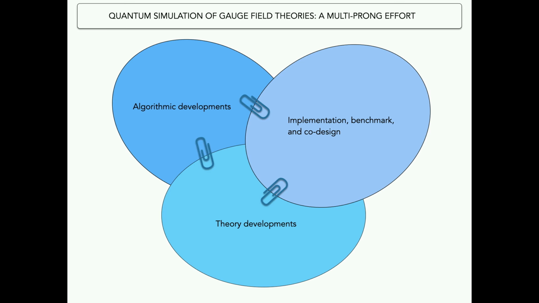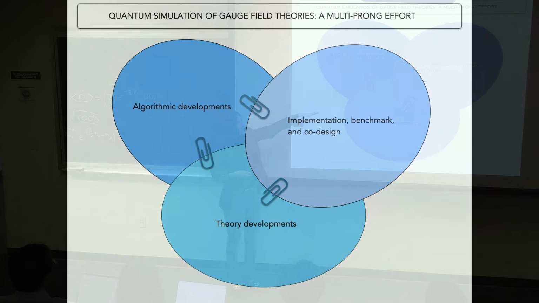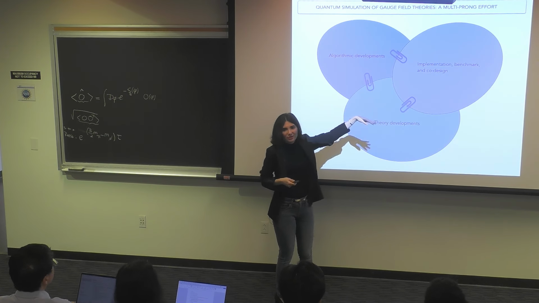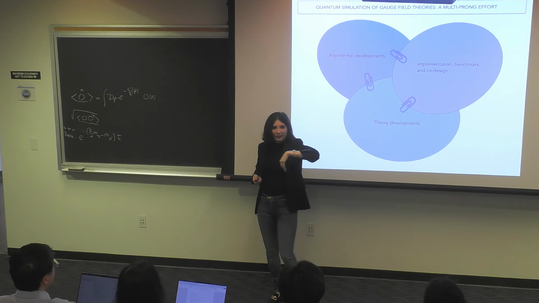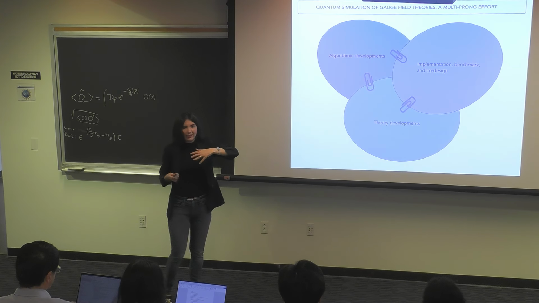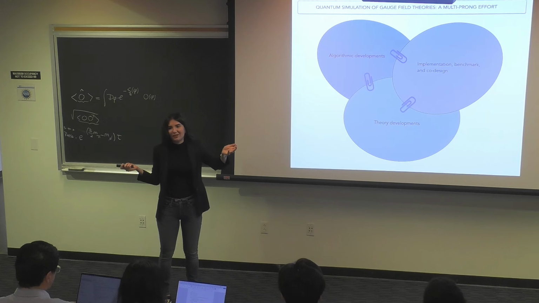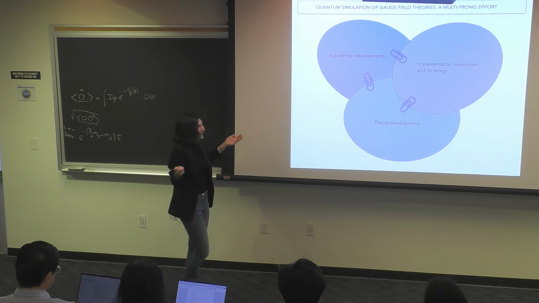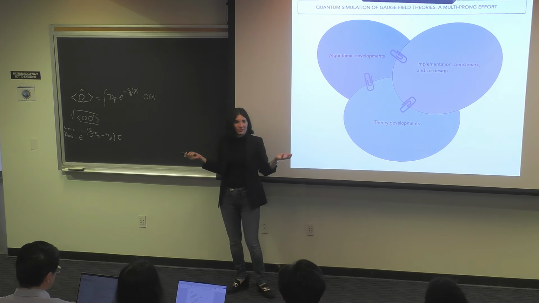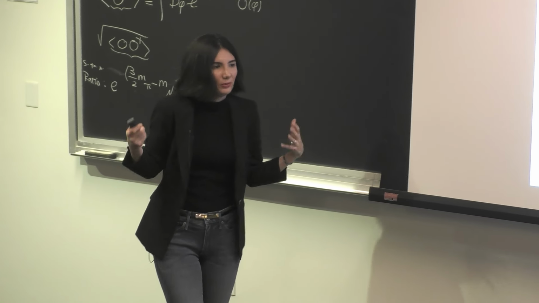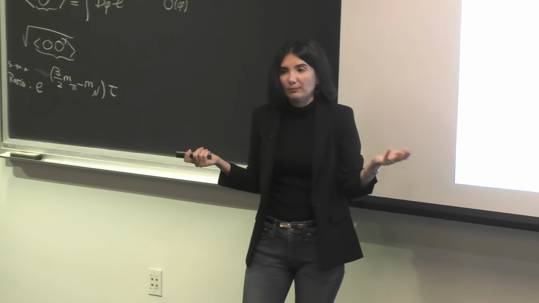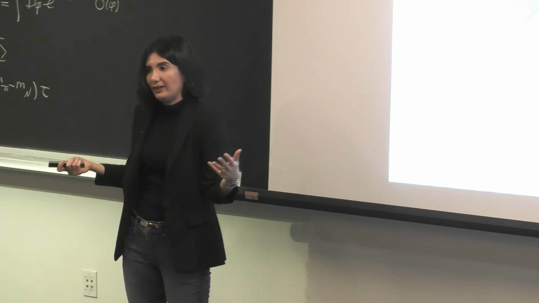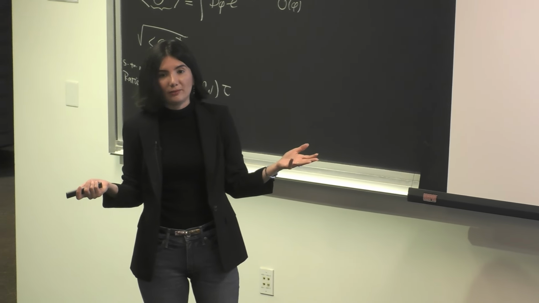As I mentioned to Ken, it's very important to also think about these developments and try to push them forward as we wait for the hardware. And we don't just wait for the hardware. In fact, we have to engage in implementation, benchmarking, and co-design with hardware designers, because it turned out that this was an important component in the development of classical supercomputers at early ages. And it is likely that we will also be able to give some insight or feedback on what the requirements for these kinds of simulations are. Maybe those can be implemented more naturally in different ways in the quantum hardware to facilitate our computations and eventually